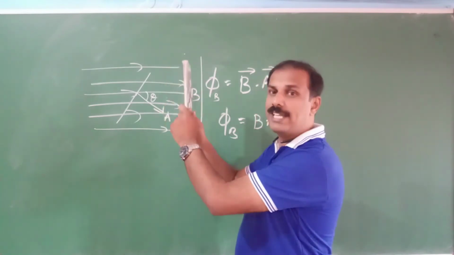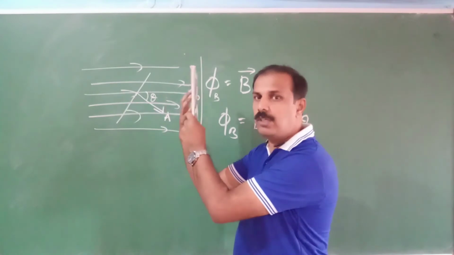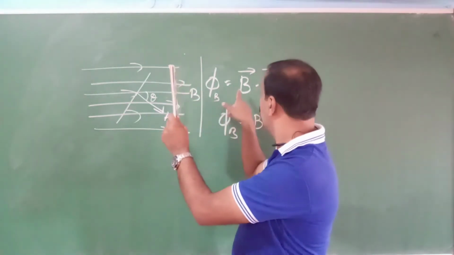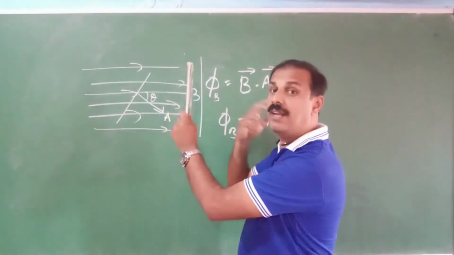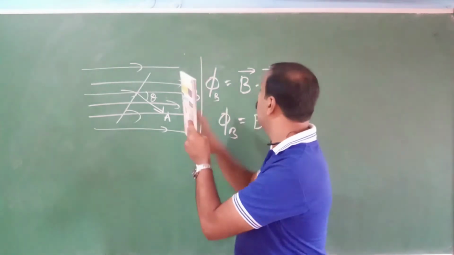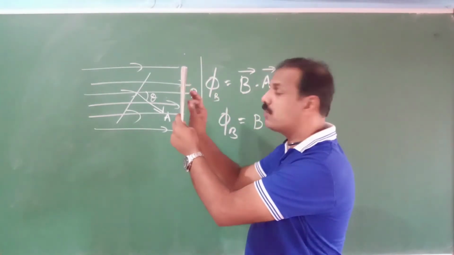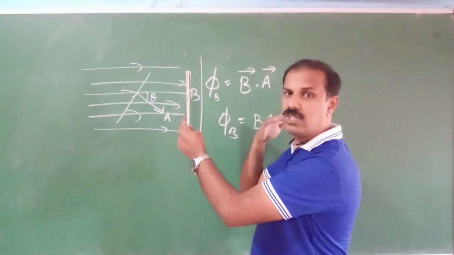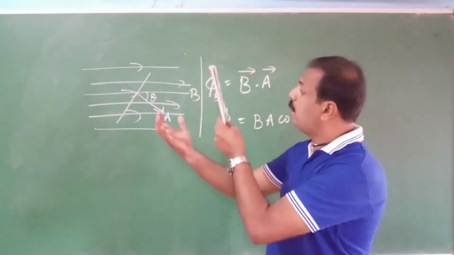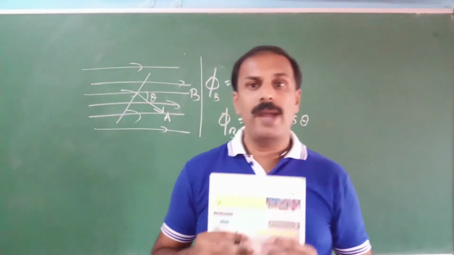So the flux is maximum when the area is perpendicular to the field. Area perpendicular means the actual area vector is like this. So vector B and vector A will be parallel in that case. So when you draw like this, don't take the angle between the magnetic field and the area vector as 90 degrees. In this case it is 0 degrees because both are in the same direction. So that confusion should not come here. The measure of the number of field lines passing through this area is called magnetic flux.